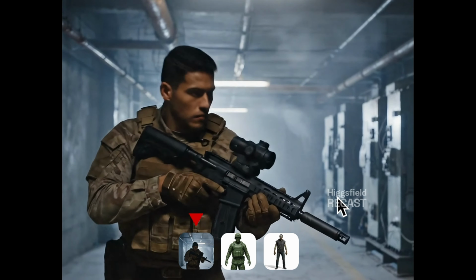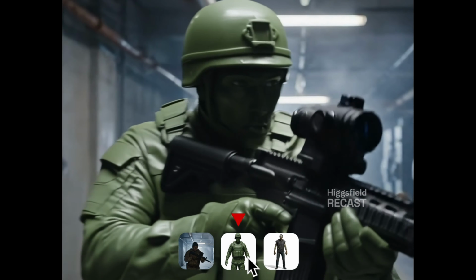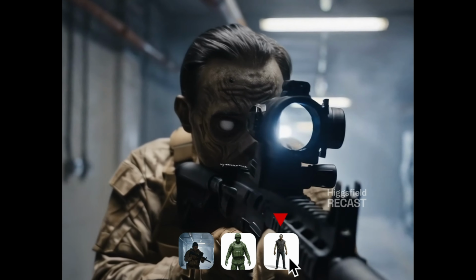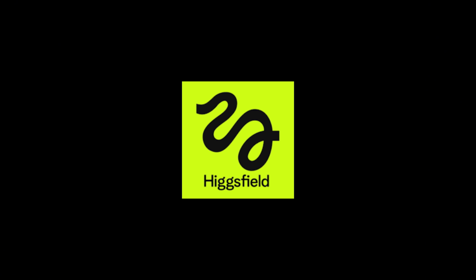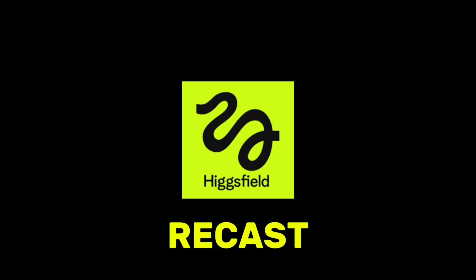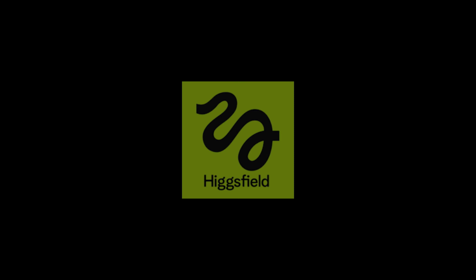The results look filmed, not faked. It's the first time I've seen AI do this, where it doesn't fall apart the second you move your hands. This is a game changer for, well, everyone. Introducing Higgsfield Recast, a full-body character swap with SOTA physics that tracks posture, hands, and micro-gestures for shots that feel filmed, not faked. The world hasn't seen this in video GenAI before. We're the first to make character swap with gesture control and hand stability that actually work.